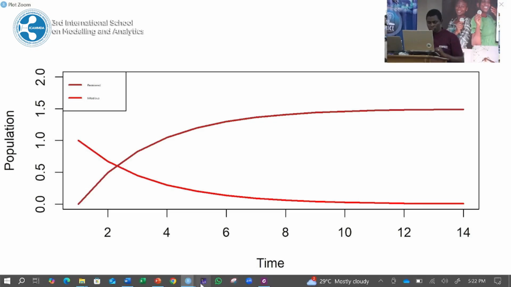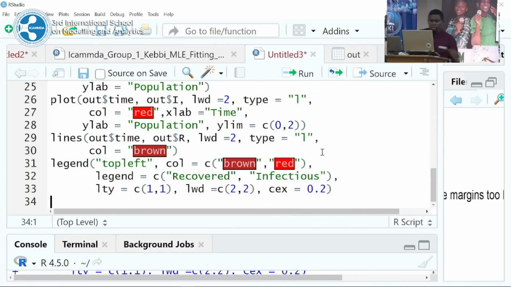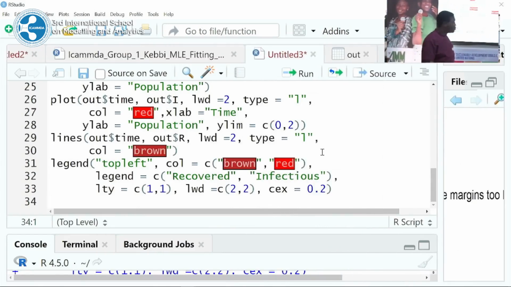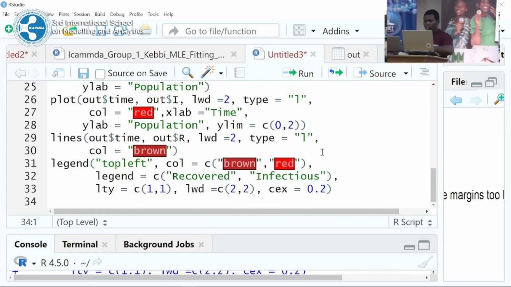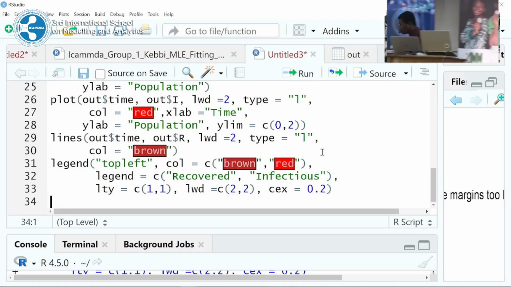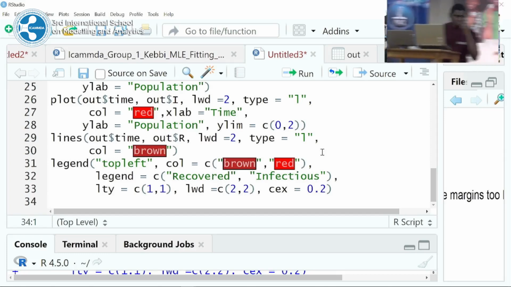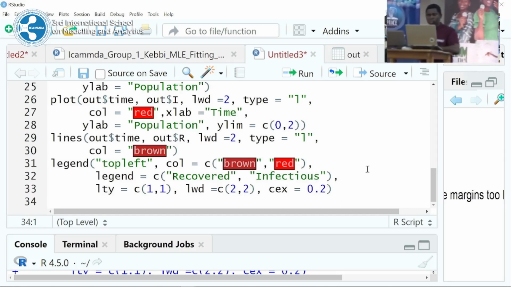All right. Is that okay? Okay, you can check it. For the code,